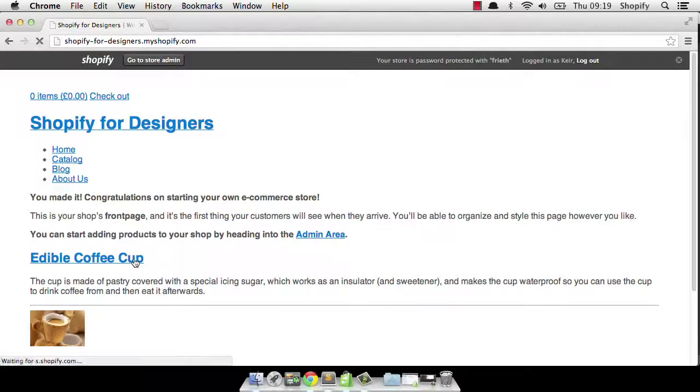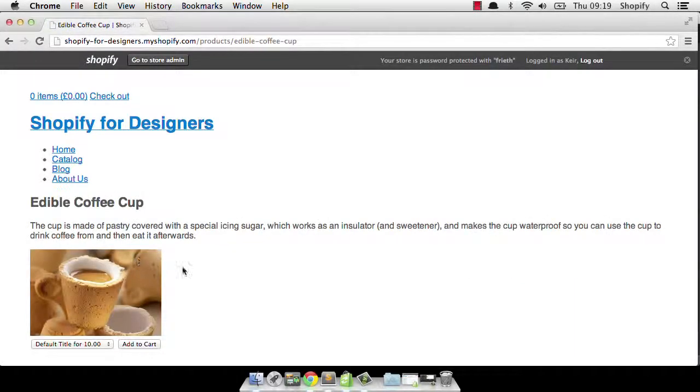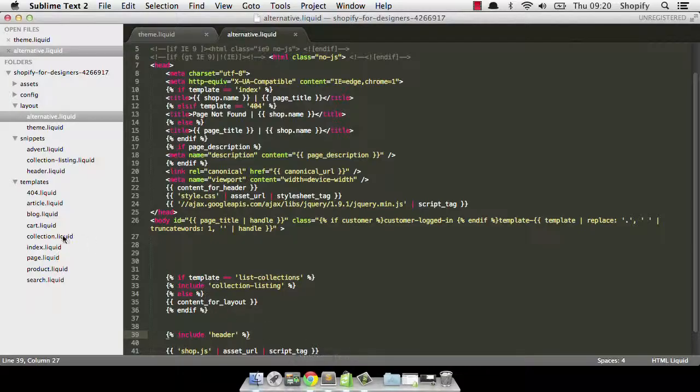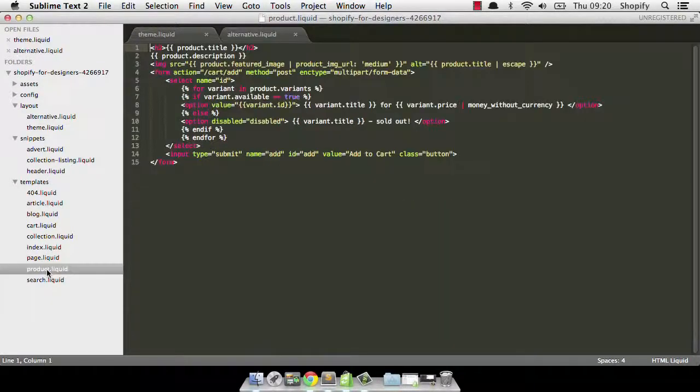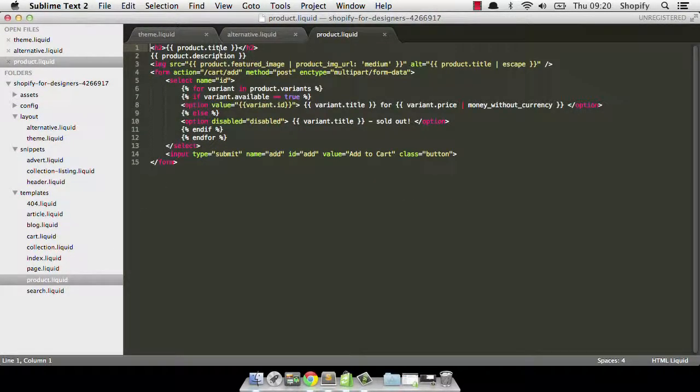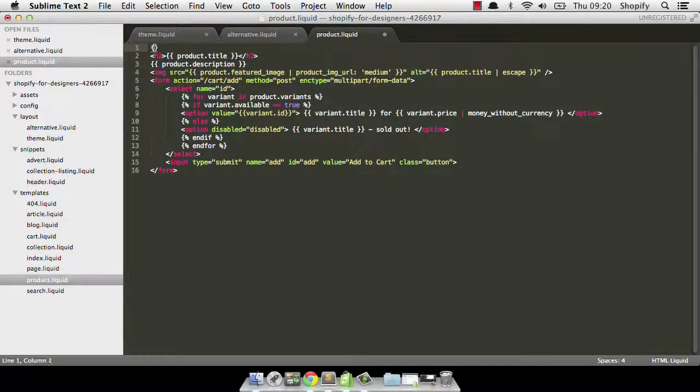But let's say I want it to appear only on the product.liquid template. Well, this is how you do it. You open up your product.liquid template, and right at the top you open some Liquid logic delimiters there, the curly bracket and the percentage, and you type layout, and then in quotes the name of the layout file without the .liquid extension, so alternative, and don't forget to put your closing percentage there. So I'm just going to save that out,